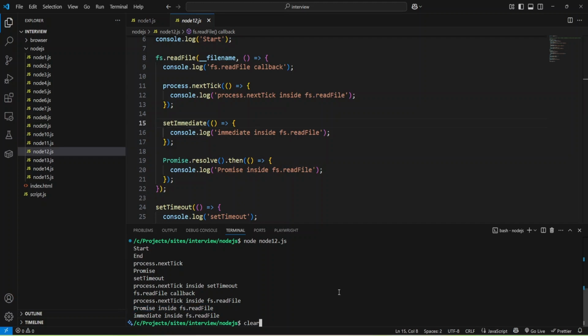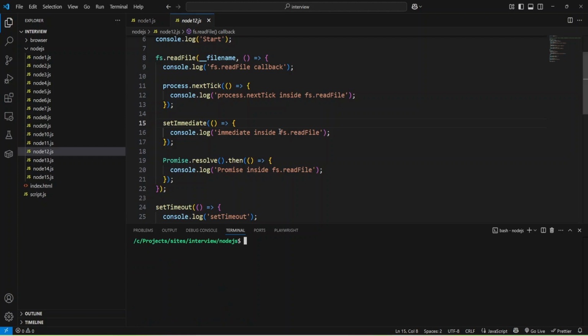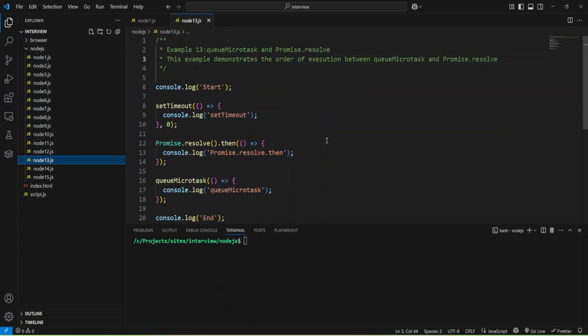And let me clear my console and go to the next example. And next example is pretty simple, and we have queue microtask, and this example demonstrates the order of execution between queue microtask and promise resolve.